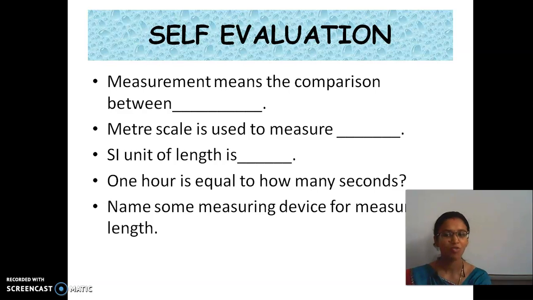Yes or no? And then 1 minute is equal to 60 seconds. So if you multiply, what will you get? You will get 360 seconds. Okay? And then, sorry, you will get